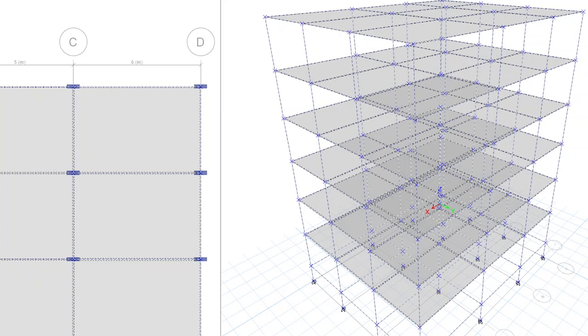So now we have defined the code. Now we need to define load combinations. For load combinations, either you can define them manually, as many load combinations as you require, or else, based on the code, the software automatically calculates design load combinations. I'll show you one load combination, how to define it, and then for the rest I'll let the software do it.